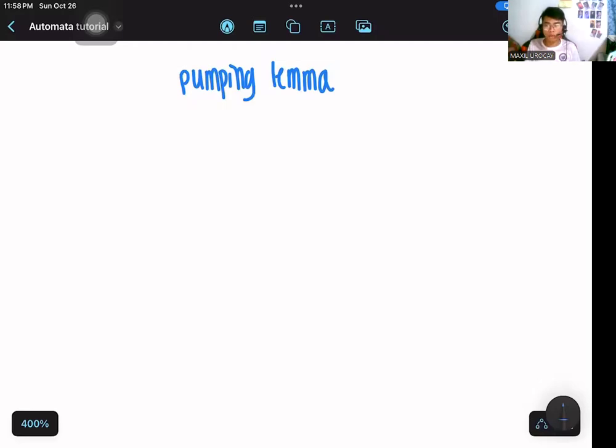Hello, everybody. I just wanted to point out here the pumping lemma. When we say pumping lemma, this is where we will begin to run through this. The pumping lemma is the concept used to prove whether a specific language is a regular language. That's our goal here, because we know that a DFA can only have a limited number